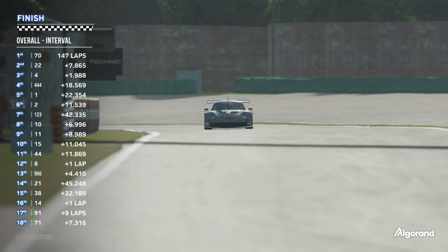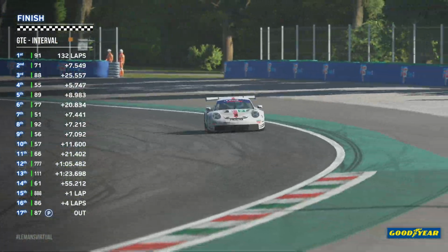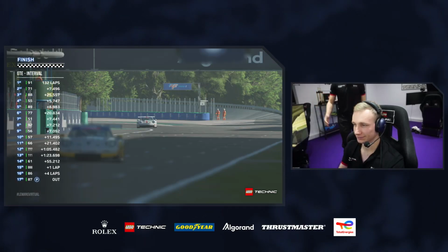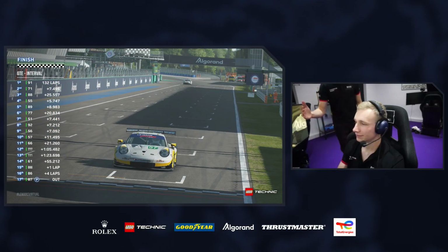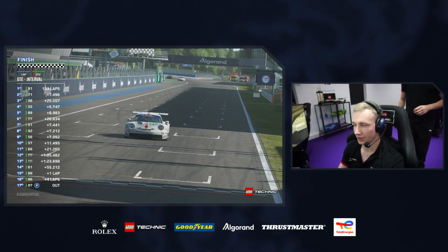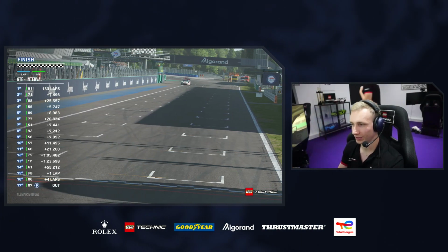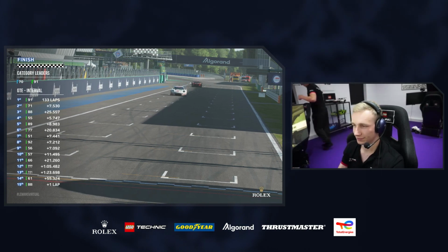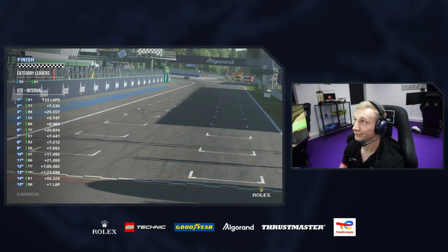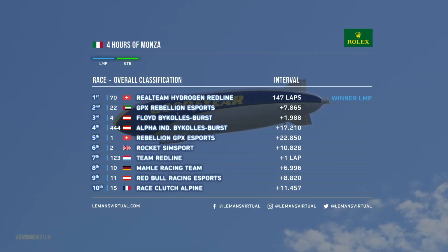Mack Bakkum for the 91 Porsche Esport team. There he is in their race room, and they take victory. Enzo Benito will come across the line for second place for BMW Team Redline. Charlie Collins has already taken the checker. Third for Proton Competition. Realteam Hydrogen Racing, the winners by, in the end, just 7.8 seconds from GPX Rebellion Esports,